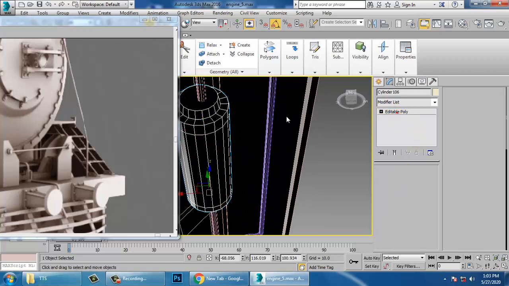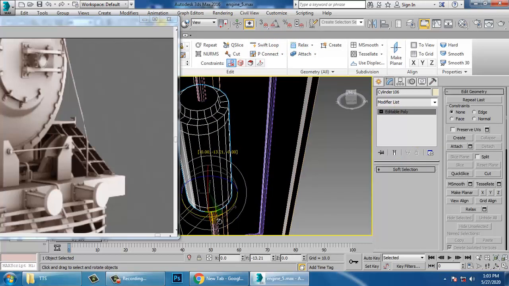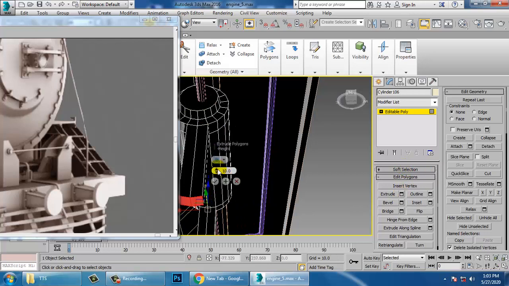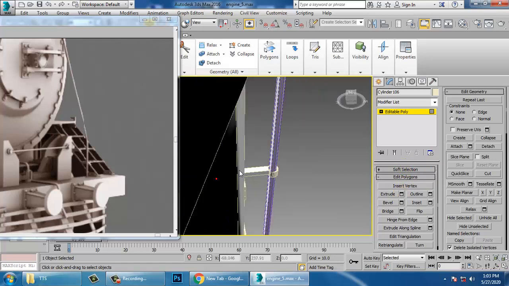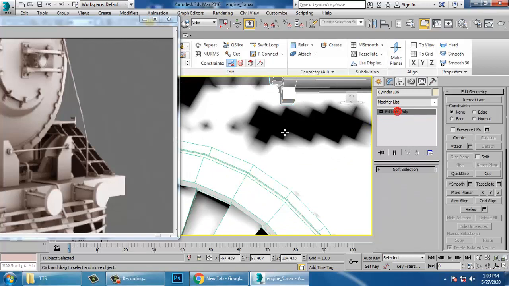What I'll do is rotate a bit. Select this and this, and just extrude it down a bit. That's it. So save your file. Alright.